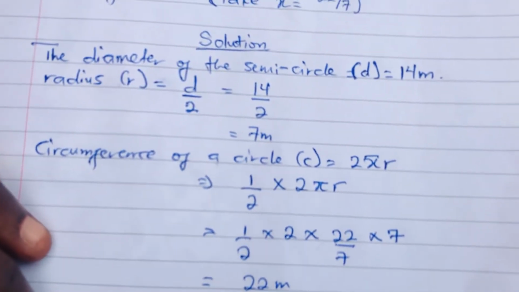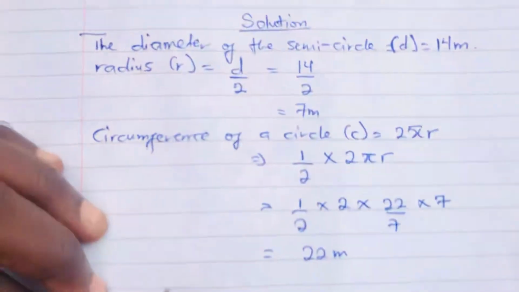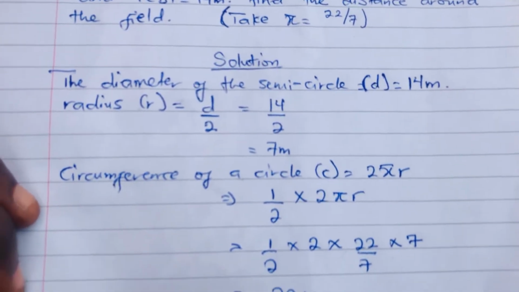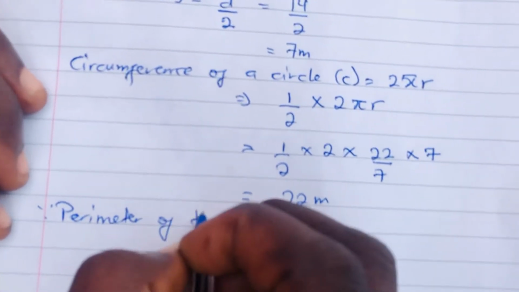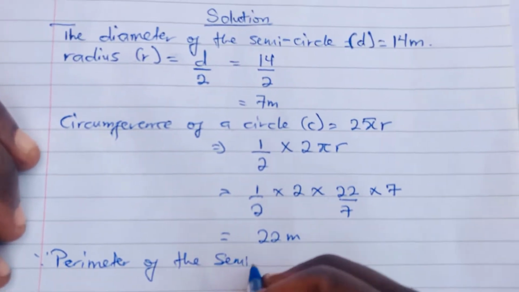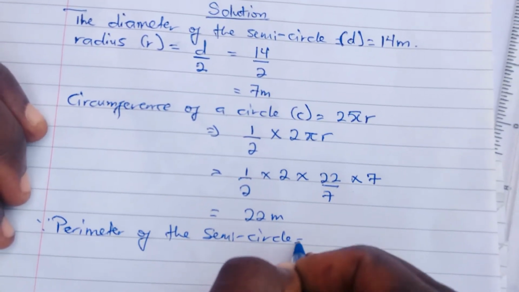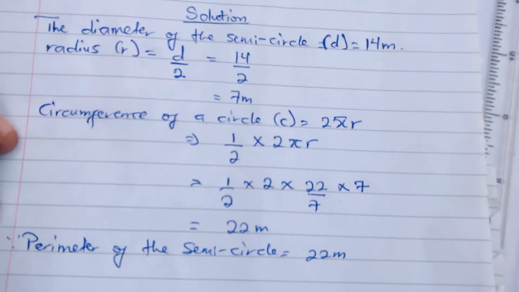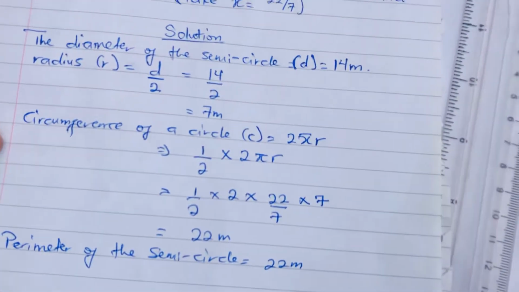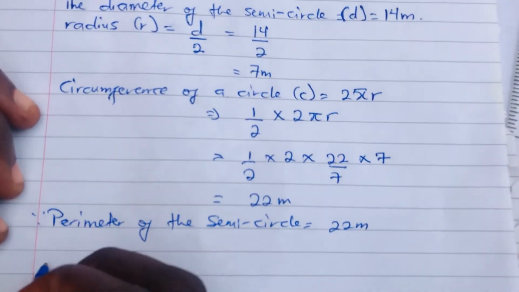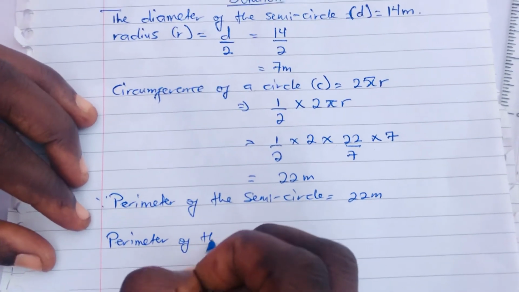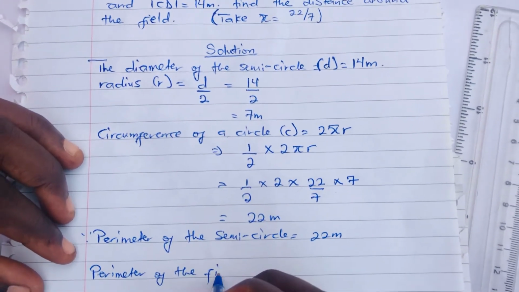Great. So after getting the circumference of one part, this circumference is the same as the perimeter. So we can say that therefore the perimeter of the semicircle is equal to 22 meters. Now let's find the perimeter of the whole field or of the whole structure. So the perimeter of the field is